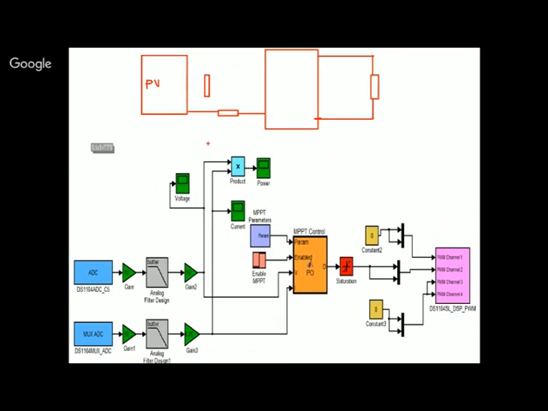This is a PV system. If it is a tank system, you will be writing the equation for the tank system and you will put all the parameters there and you will get an output. Now, once the system is ready, you will just test what output you want, whether you have got it correctly or not.